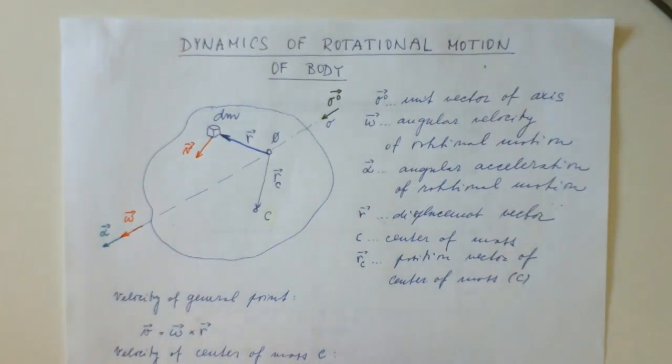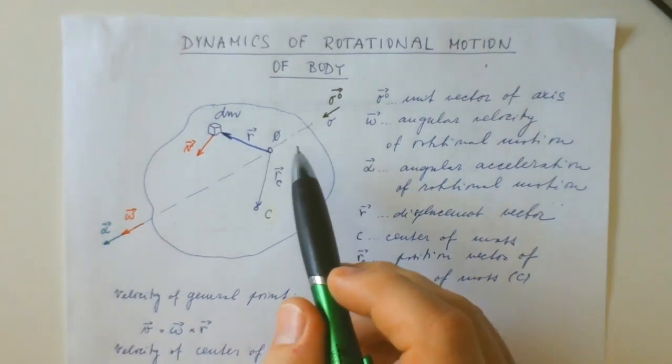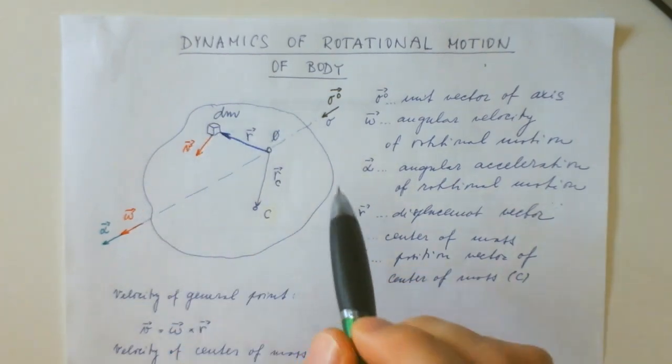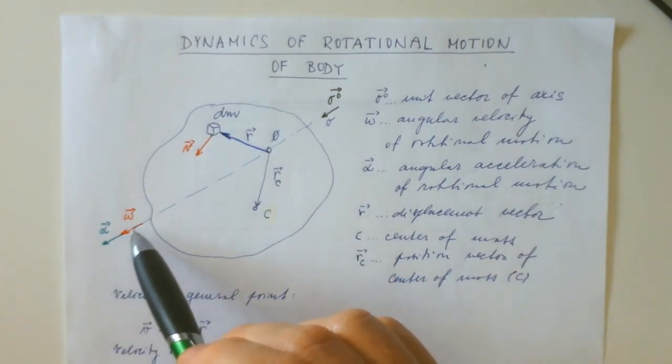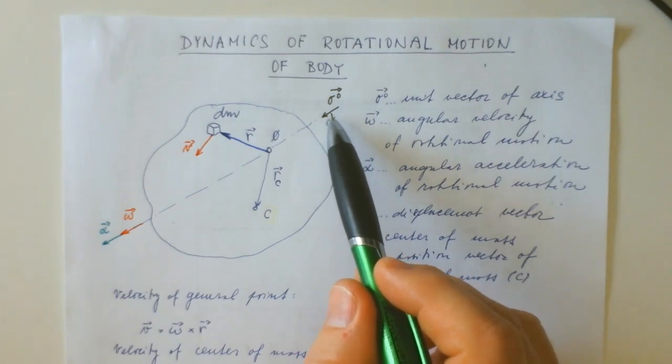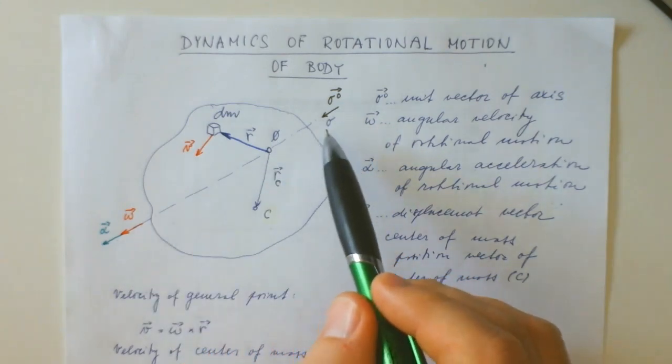Dynamics of rotational motion of body. So let's consider we have a body, and this body rotates about this rotational axis, which is denoted O,